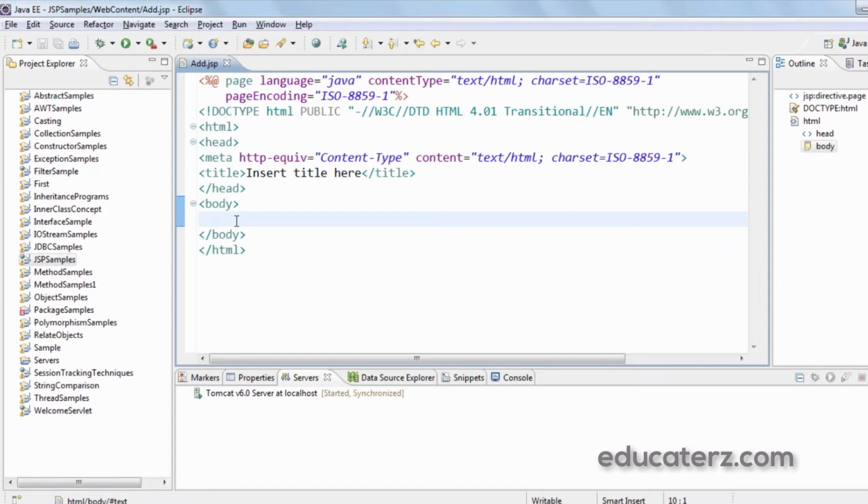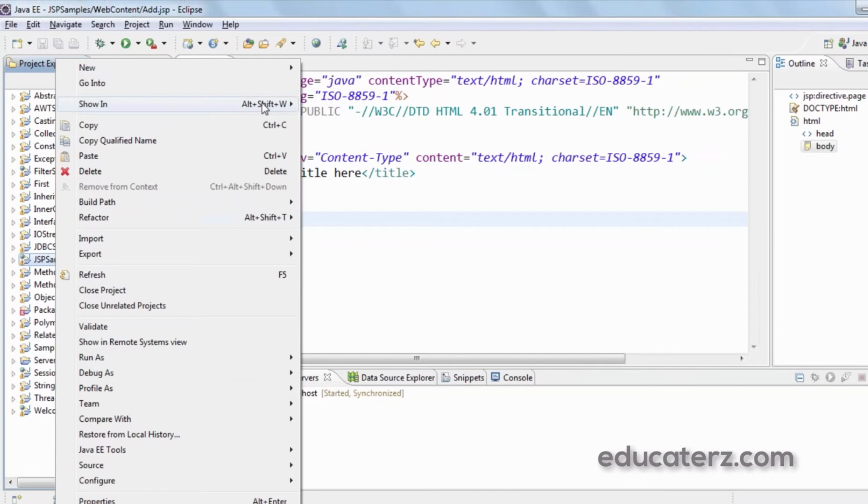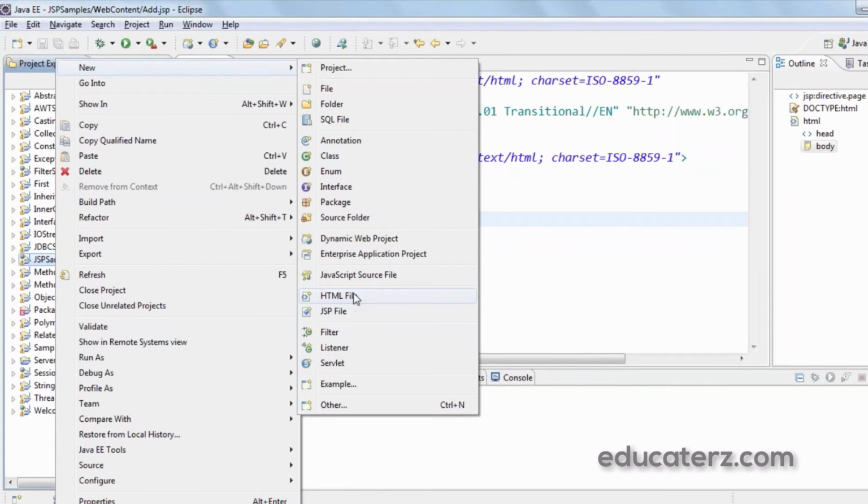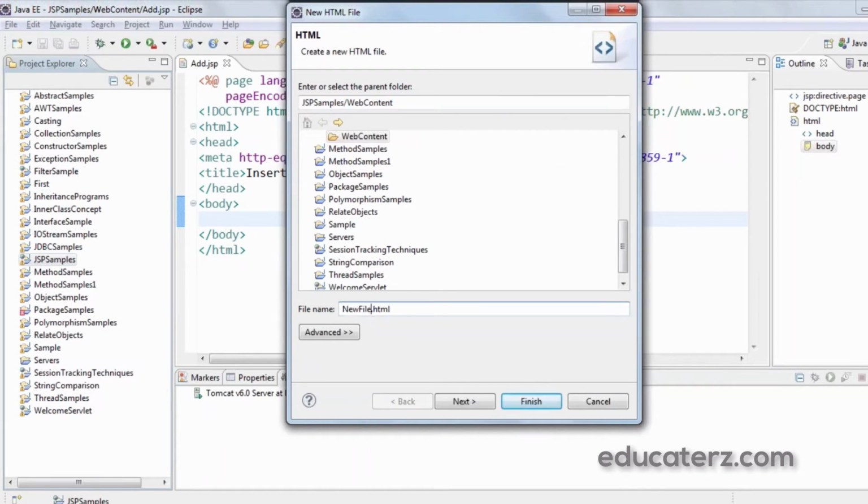Since I want to add two numbers, first I want to ask the user which two numbers to be added. So I create one more HTML page to ask the user. I name it index.html.